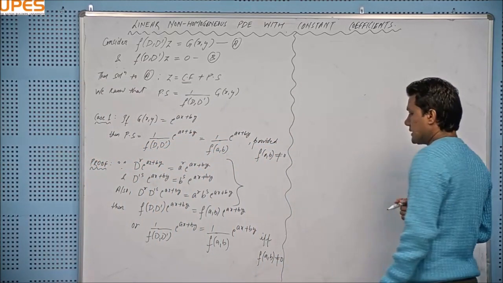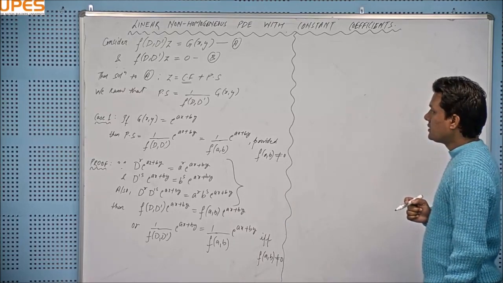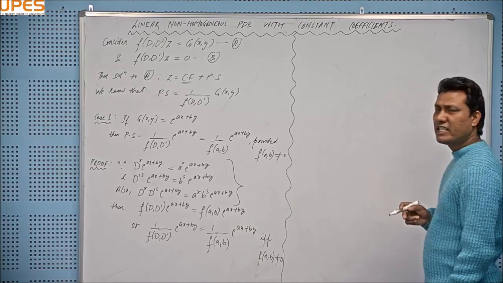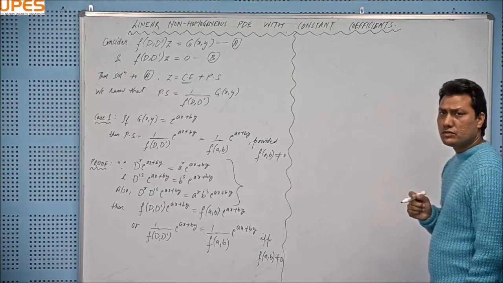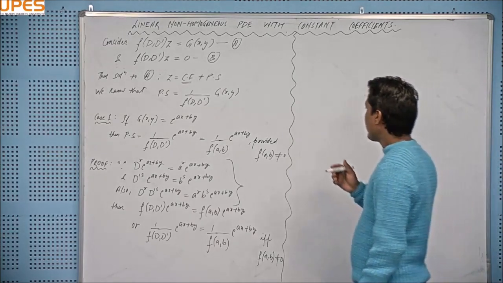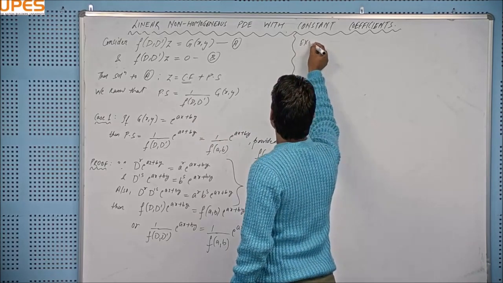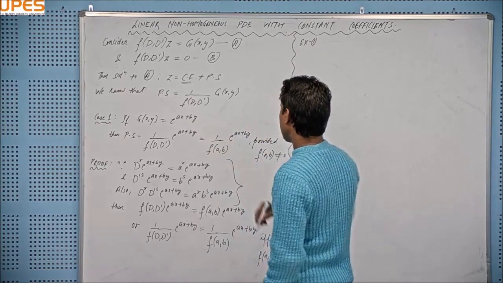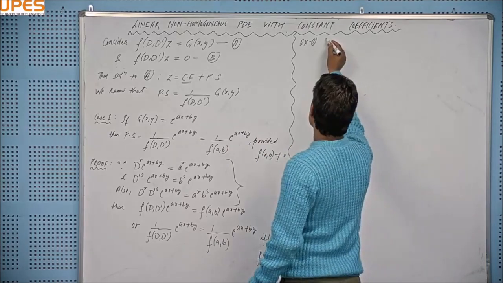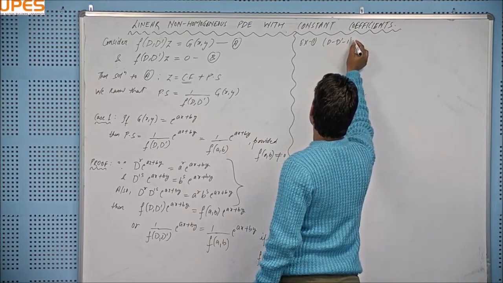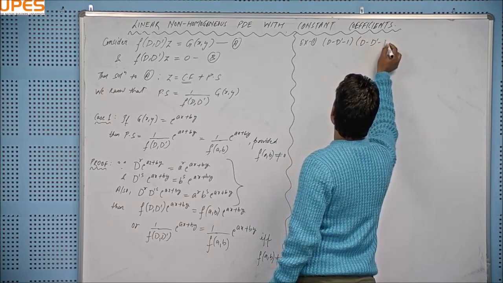And let me perform a numerical based on this first, then I will go to case number 2, right? So taking a numerical on particularly this case, example number 1, I have to take an exponential function on the right hand side. So (D - D' - 1)(D - D' - 2)z